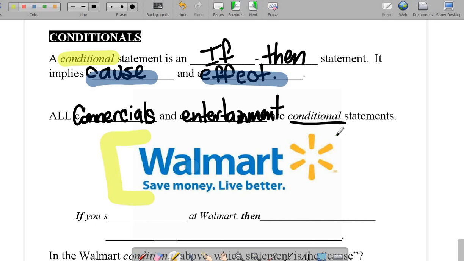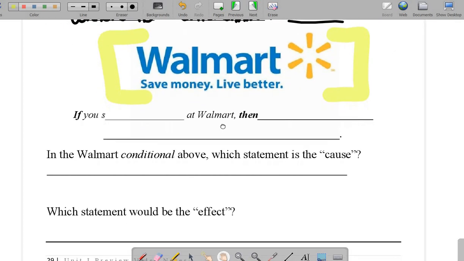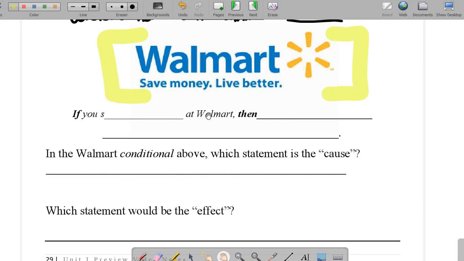Just take a look at it. Kind of just notice all the details. So this ad, although it doesn't have the words if then, that's important you understand the words if then can be implied. But this advertisement is communicating an if then statement. It's saying if you shop